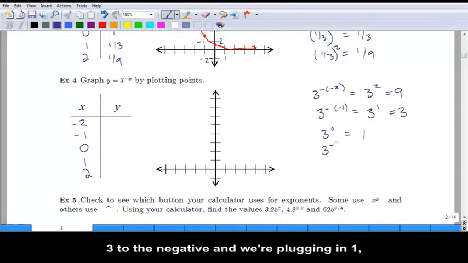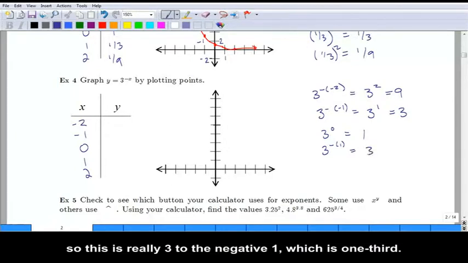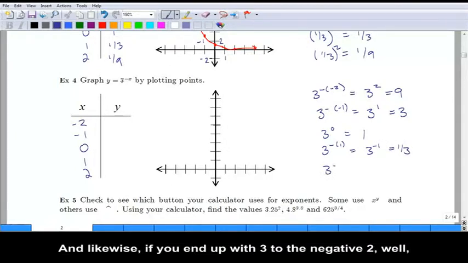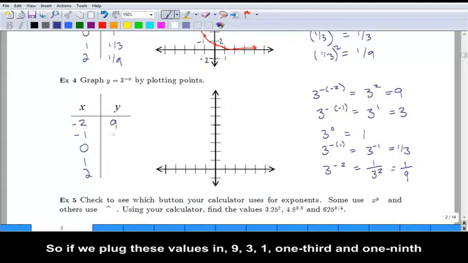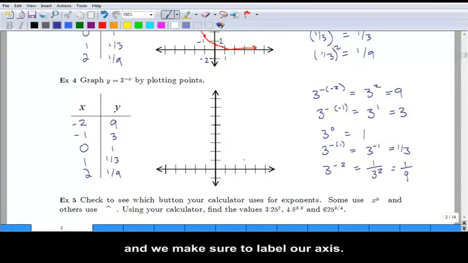3 to the negative, and we're plugging in 1. So this is really 3 to the -1, which is 1/3. And likewise, if you end up with 3 to the -2, well, you would flip this over, so it would be 1 over 3 squared, which is 1/9. So if we plug these values in, 9, 3, 1, 1/3, and 1/9,